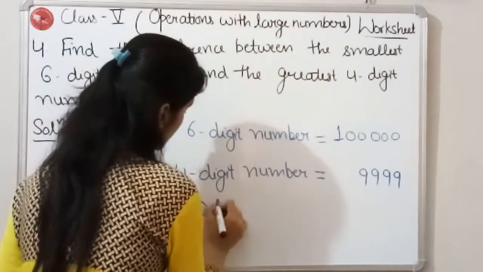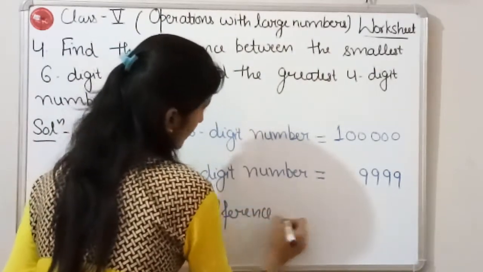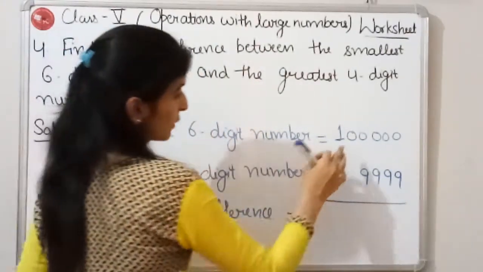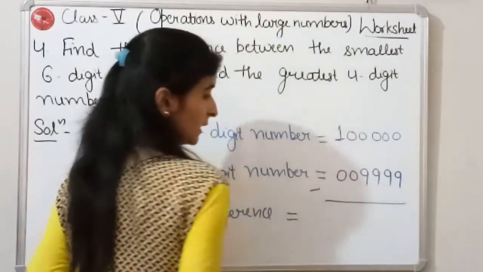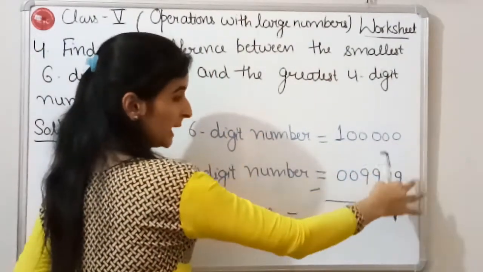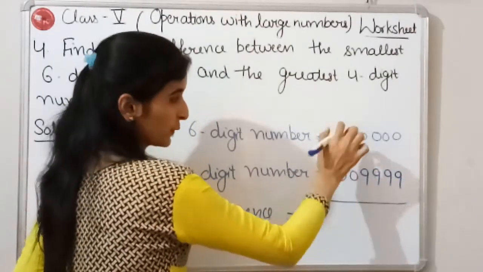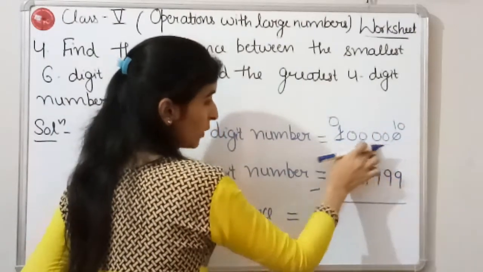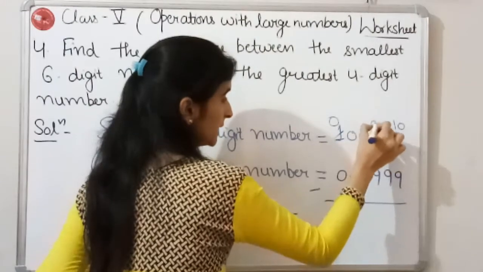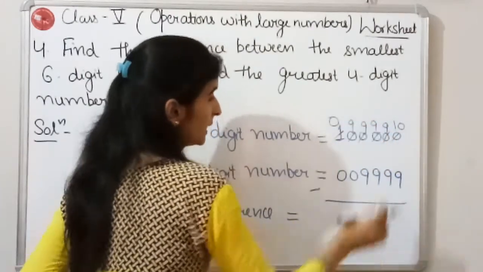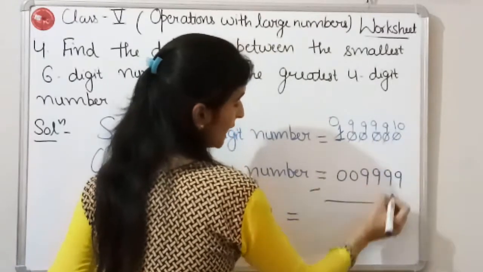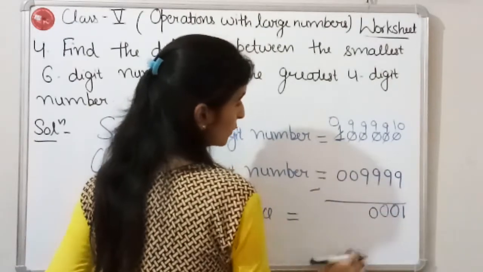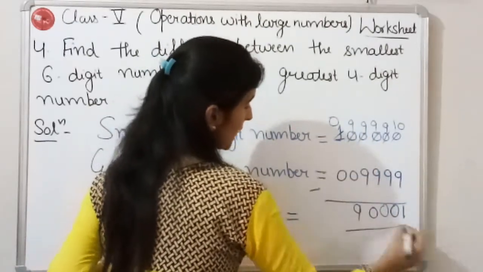Now the difference is when we are going to subtract, and as I have already told you, whenever there is not any digit, we can put zeros. Okay. Now there is 0 and there is 9. It means we have to take one borrow from this 1. This will become 0 and this will become 10. And rest all the zeros will become 9. Okay. 10 minus 9 is 1. 9 minus 9 is 0. 9 minus 9 0. Again 9 minus 9 0. And 9 minus 0 is 9.